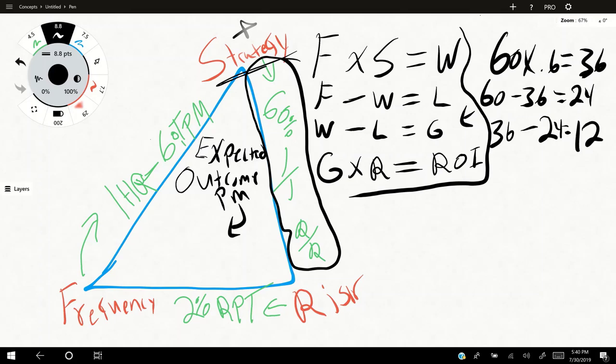That is 12, right? And since we have 12, what we're going to do is keep our risk the same as we did. Our risk down here is going to stay at 2% risk per trade. So if we have 12 as our gain, we multiply that by 2%, and we put that number right here. That means that if we keep the strategy the same at 60% with a 1-to-1 RR,